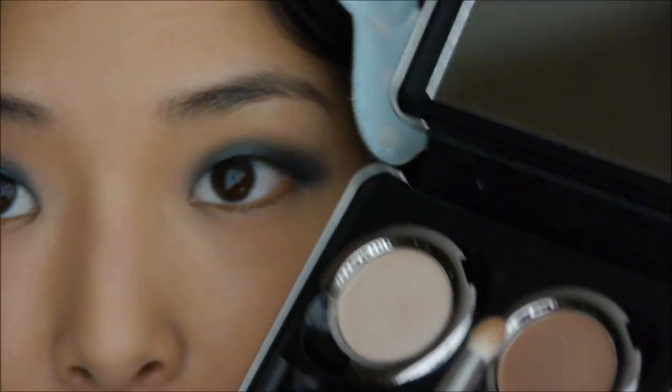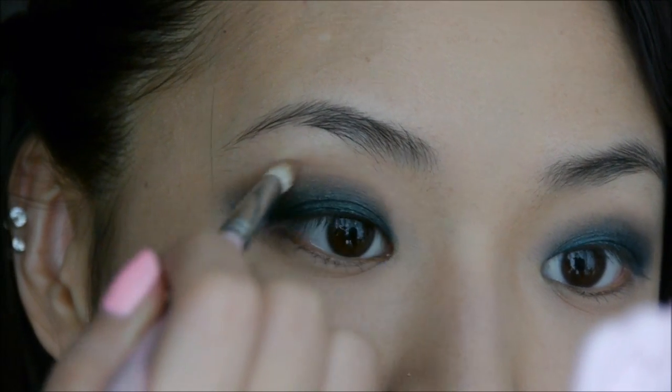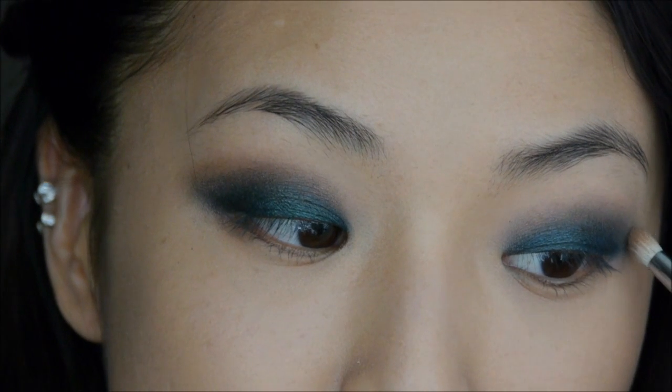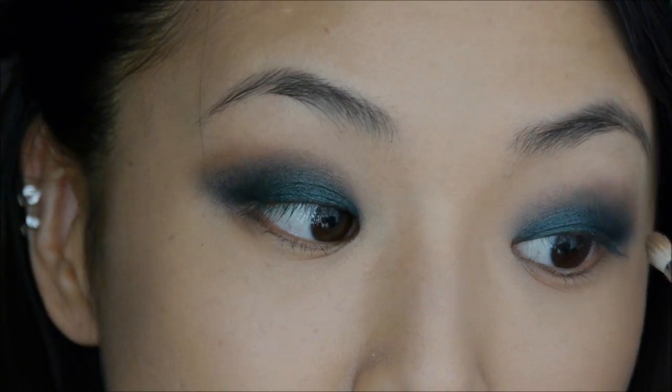too severe. Now I'm just taking Urban Decay's Busted, and I'm just going to soften the crease area. Just this transitional color, just really gently. And that'll just help to smoothen out any transition in the gradient between the really dark color to your skin